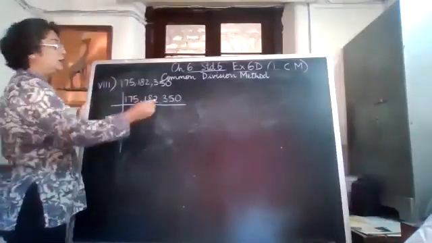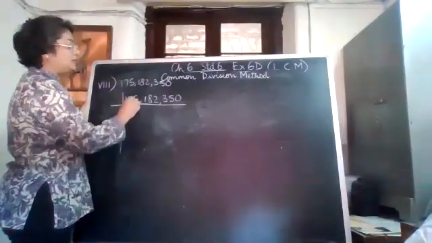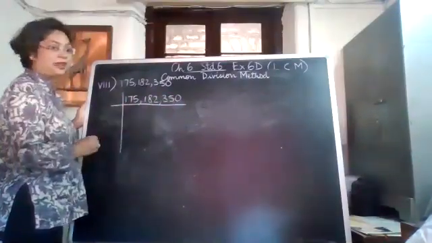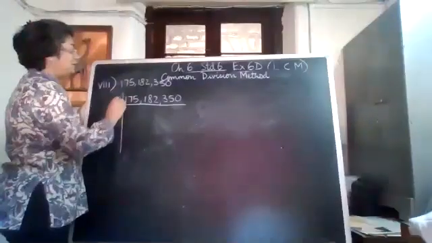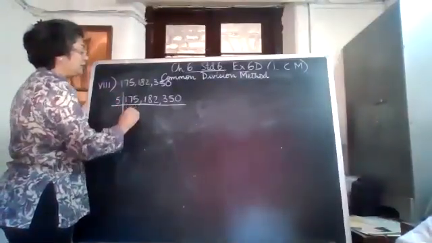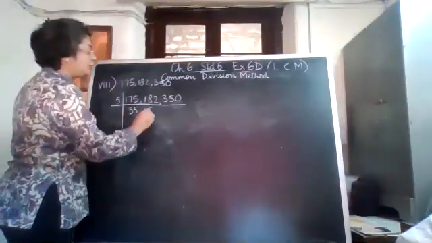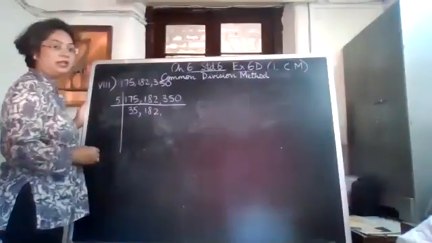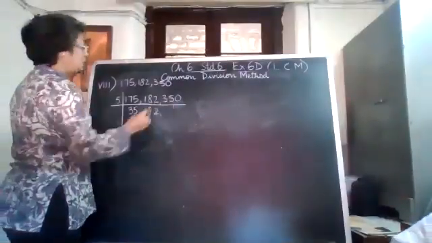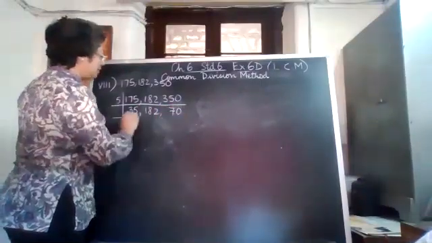Now over here, look at the numbers 175 and 350. What do I see? Both will be divisible by 5. So I start with the number 5. 5 3s are 15, 16, 17. 5 5s are 25. Not ending in 5, it won't go by 5. I bring 182 down. Go to 350. 5 7s are 35. Bring down the 0.